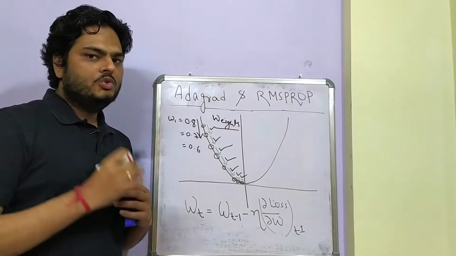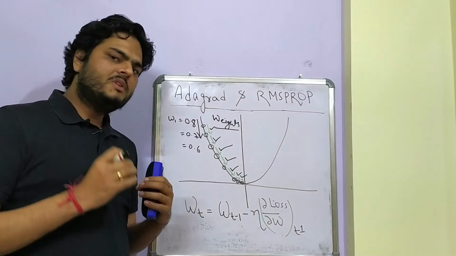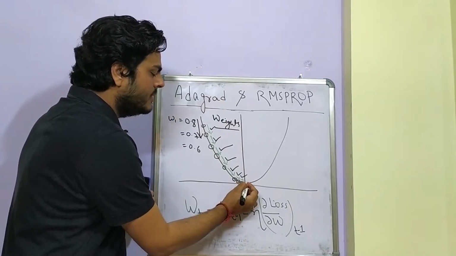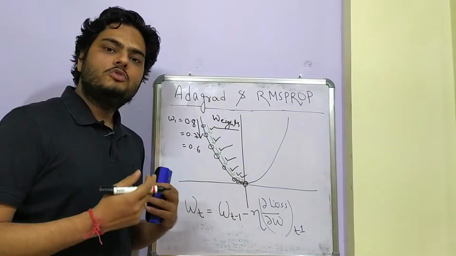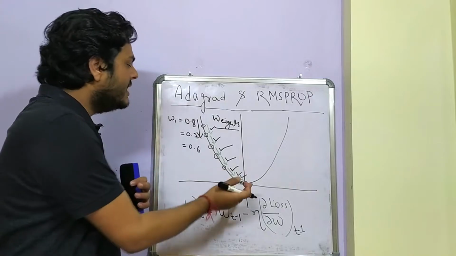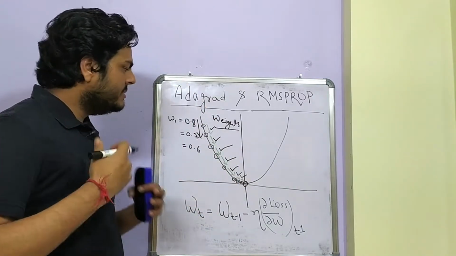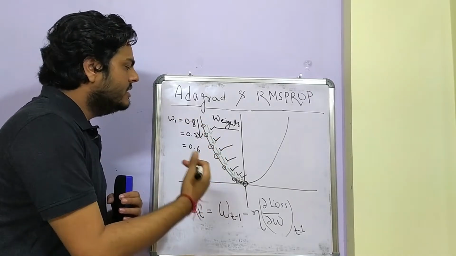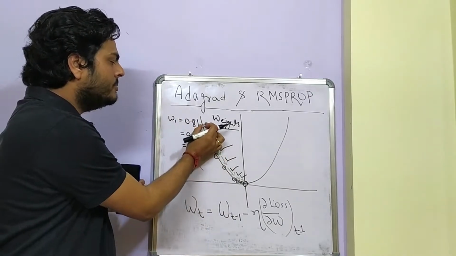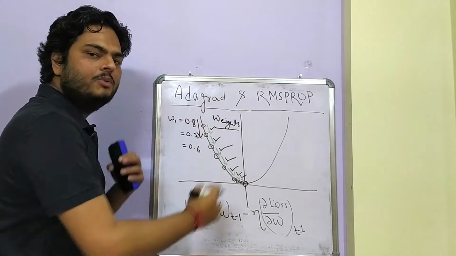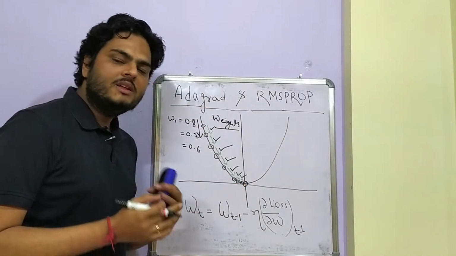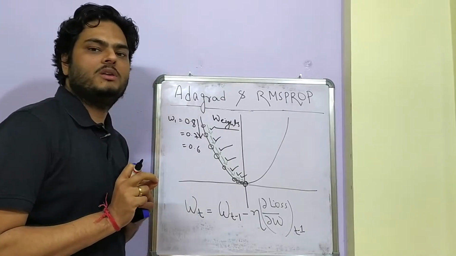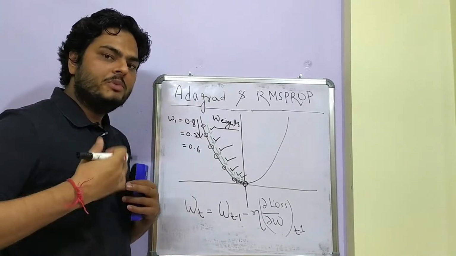But do you think that the step size should be low when we approach the global minima, and it should be high when we are far from the global minima? What I mean is, if we are starting from here, there has to be a way by which we drop fast from here, and when we are near this point, the drop should be smaller, which means the step size should be smaller. How is the step size computed?